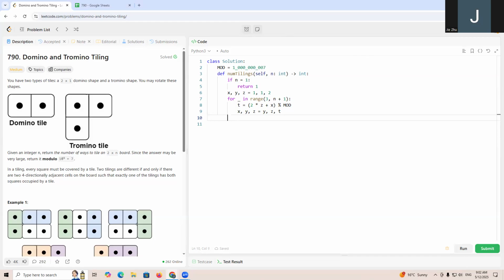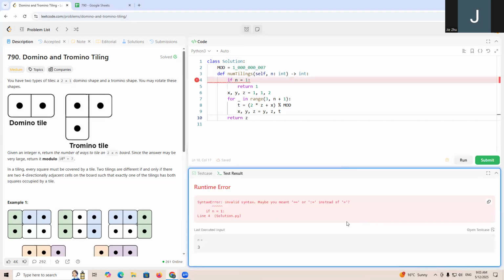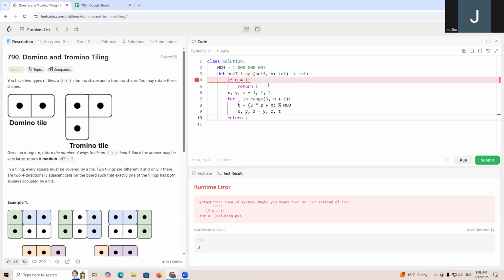And in the end, just return z. You put here should be self, but